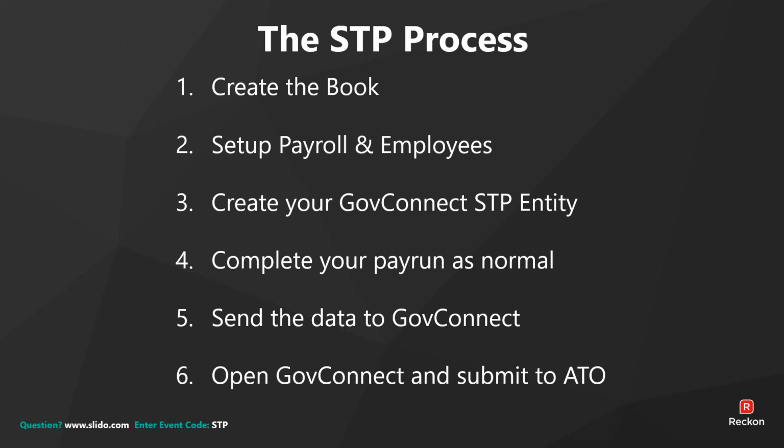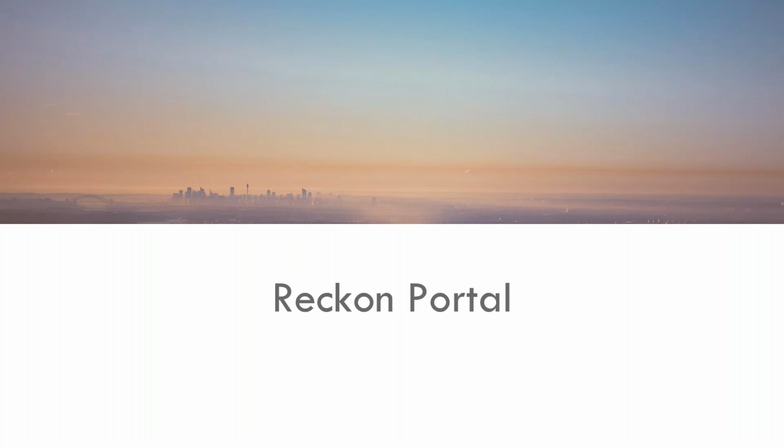So basically in the first half of this webinar, I showed you how to create the book and set up your payroll and employees. So I'll take you through the next steps, which is creating your GovConnect STP entity, completing your payroll as normal, which I've sort of went through, and then sending the data to GovConnect and opening GovConnect and submitting to the ATO. So the Reckon portal, as I've touched on a bit earlier,